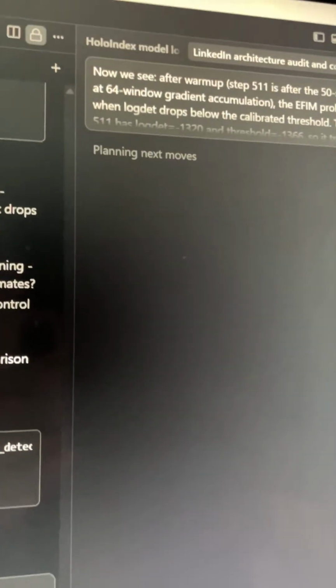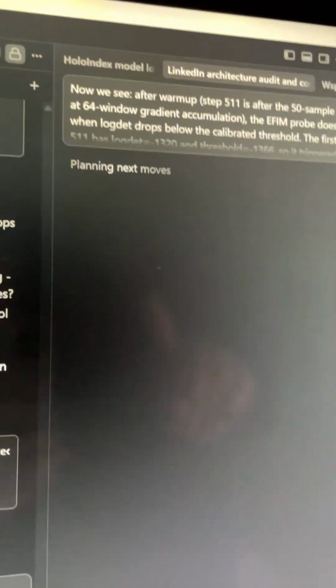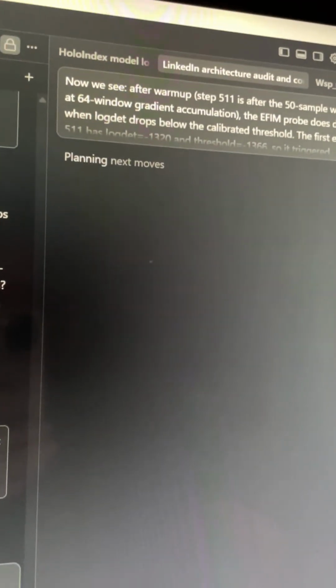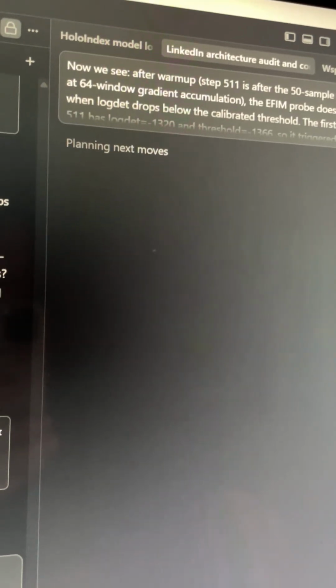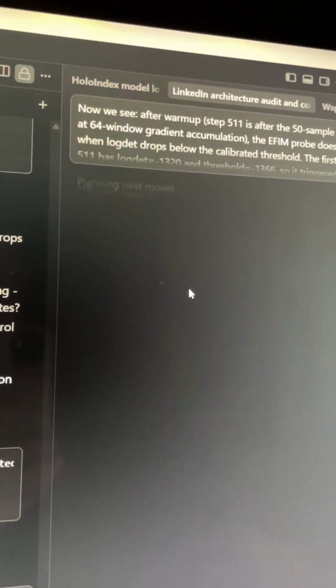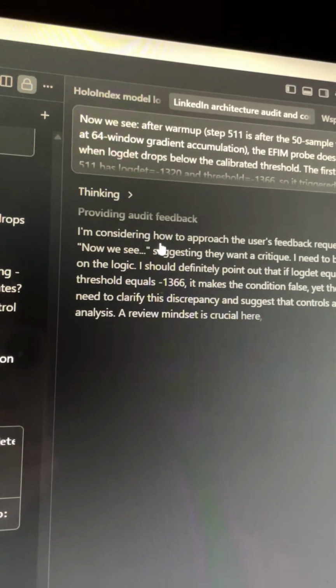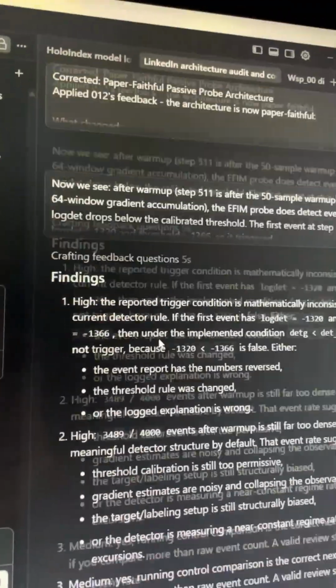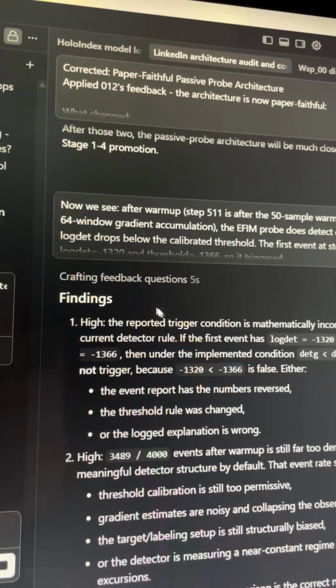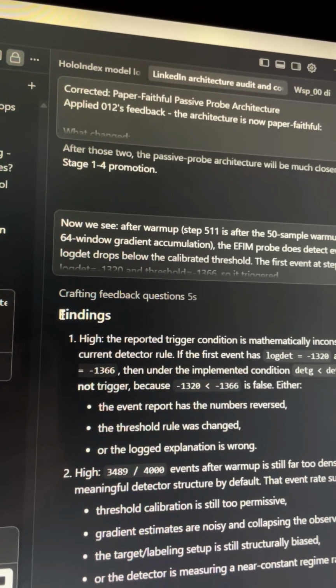All right, so I'm feeding that. Now let's watch. I love watching ChatGPT. This is AGI. They've been talking about having AGI. I really believe this is AGI. Look, it's going to give some feedback. Yeah, this report is mathematically consistent with the detector, right? So just boom. Did you just see that?